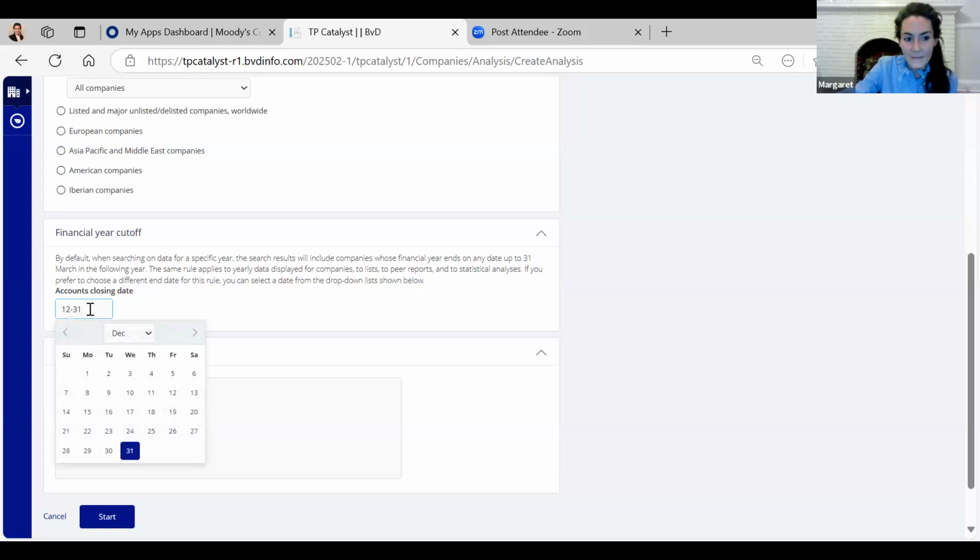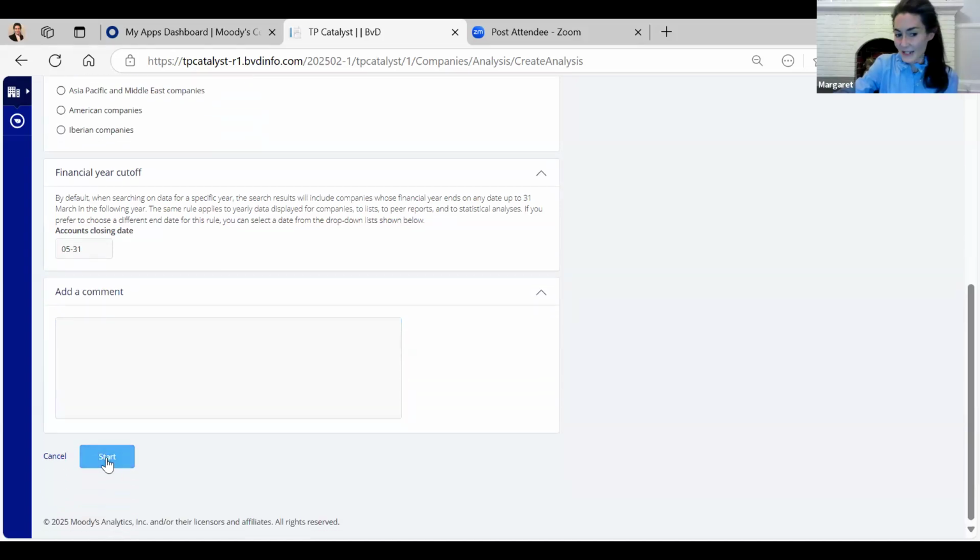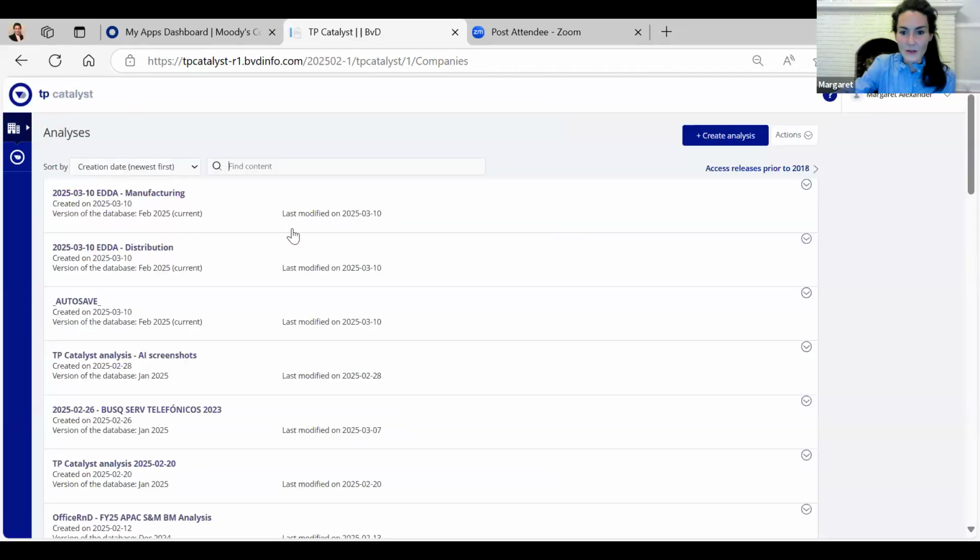So in this case, with the closing date, you're telling the tool the last date to be included in a fiscal year. So if my tested party has a year end of December 31, I'm going to tell the tool to make May 31 my closing date, because that's 5 months forward from my tested party's fiscal year end. Does that make sense? Okay. And then we just click start. But here I'm going to click cancel because I've already started 2 analyses. So we'll start,